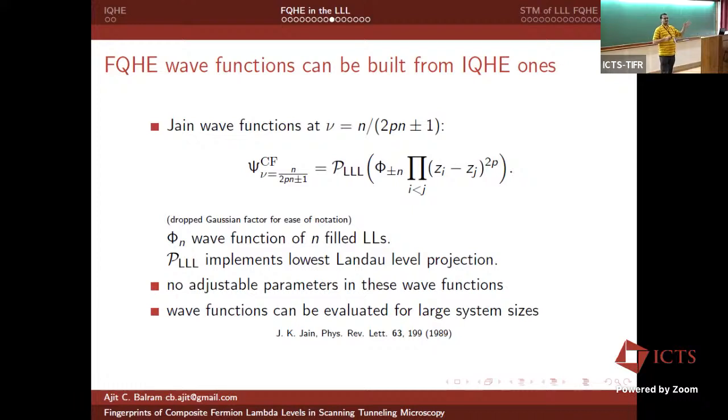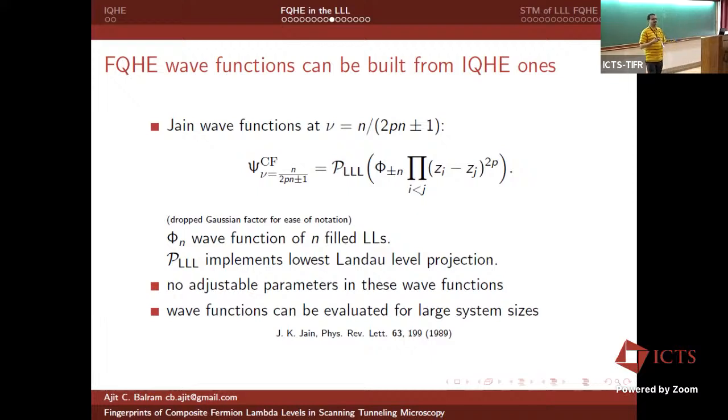So m that was there in Laughlin is exactly 2p plus 1, and that's an odd integer. And there is no need to project because it's already a polynomial in Z. You don't need to do any more projection. One curious thing about this wave function is that although it's constructed as a trial wave function, it has no